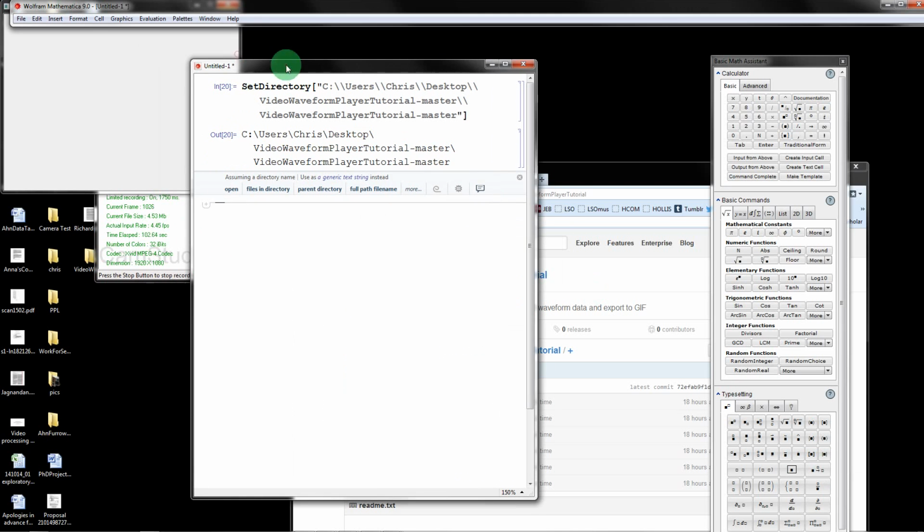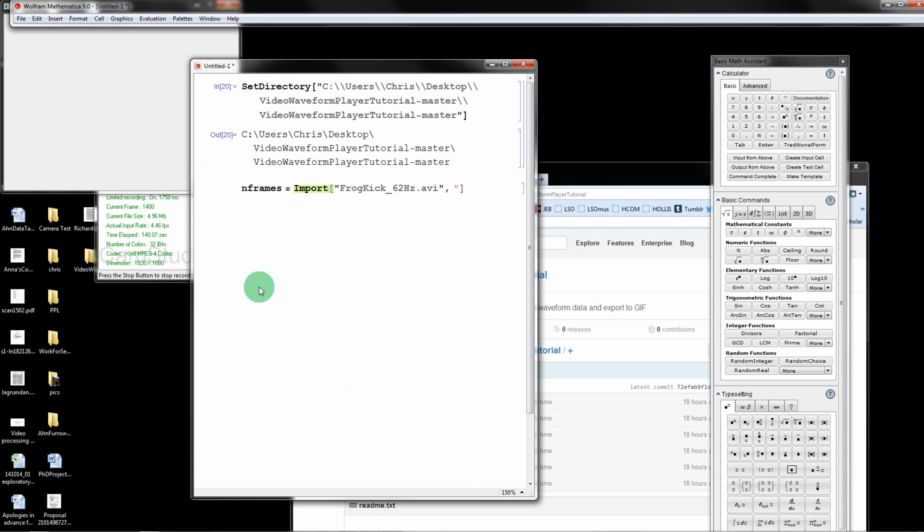So now I have a pointer to my video file, and I'm going to load it up. The video file is called frog kick 62 Hertz, and that's the frame rate of the video. First, I'm just going to ask how many frames we have. nframes equals Import frog kick 62 Hertz dot AVI,